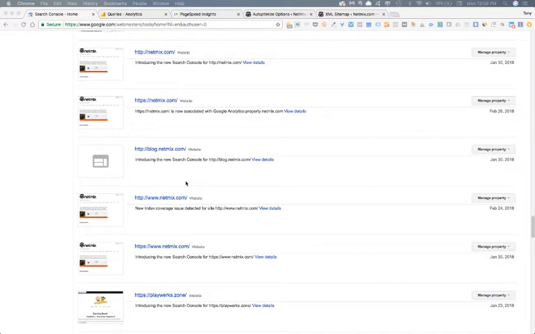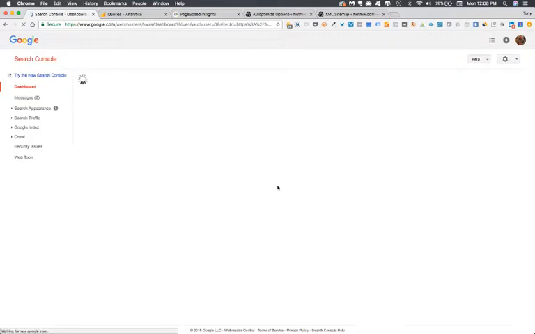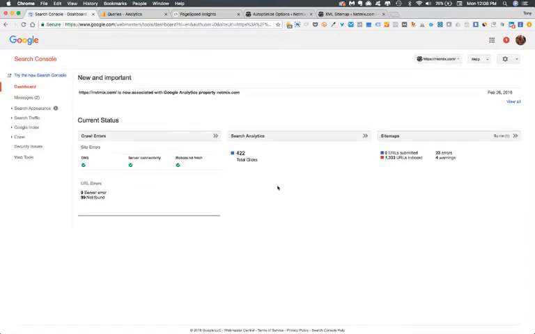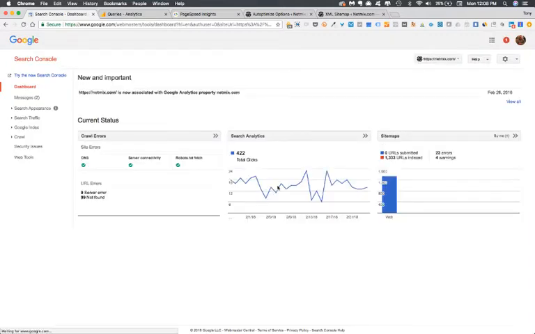Generally speaking, I end up looking under the HTTPS version because that's the primary version that I want people to find. So in my domain manager and WP Engine, I have these redirects that happen from HTTPS www to HTTPS, right? So one of the things that I like to do first when I'm working with a WordPress